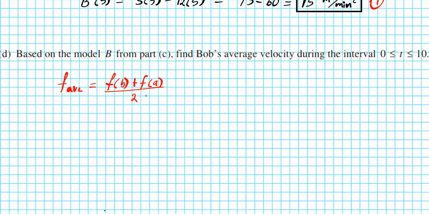You just average the values. This is absolutely wrong. Okay, so you want to watch out for this common mistake concerning the average value of a function. Looking for average velocity, this is the correct formula that I would like you to recall,